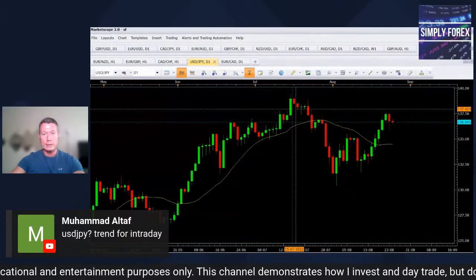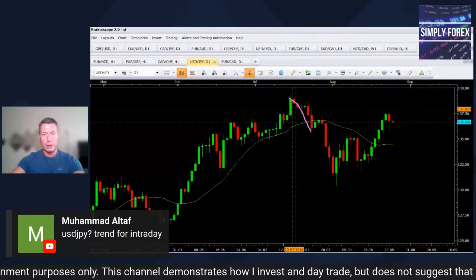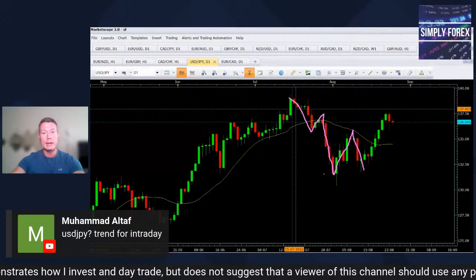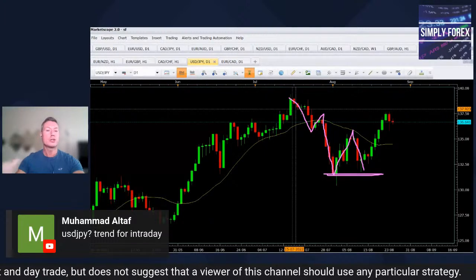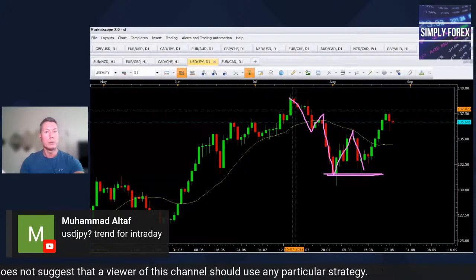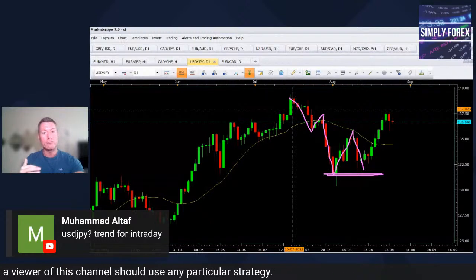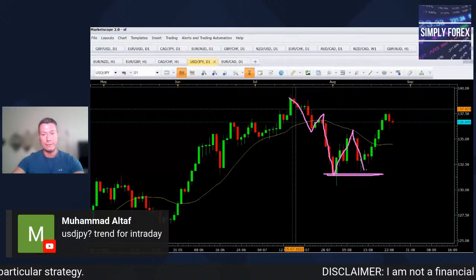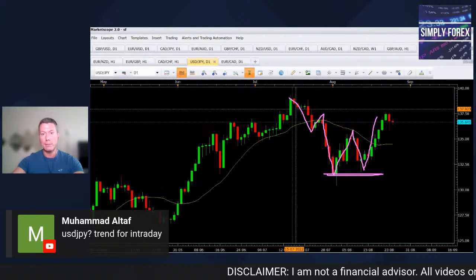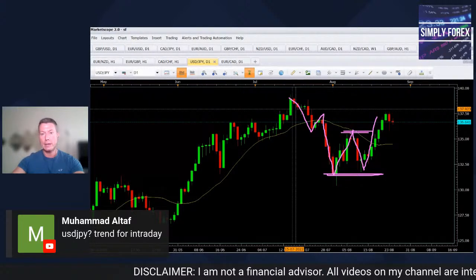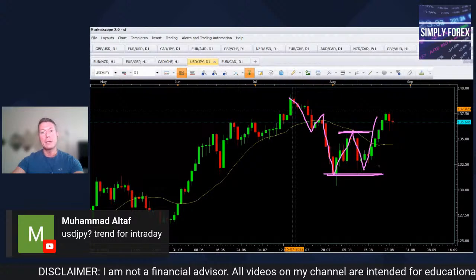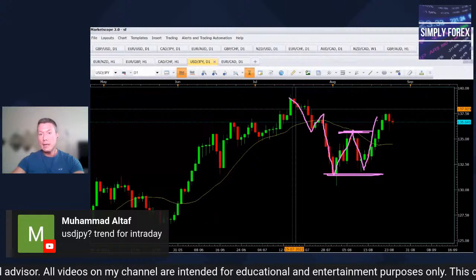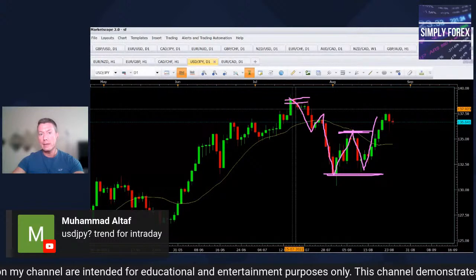So price was in a downtrend, guys. Yeah, lower lows, lower highs, lower lows, lower highs. Didn't create a lower low. Yeah, if structure doesn't create a lower low, this is always a red flag that structure could be changing. Okay, sure enough, price shoots up and breaks this last high here, and then for me, this is now in an uptrend. Okay, and we still have room to move up back to these daily highs here.